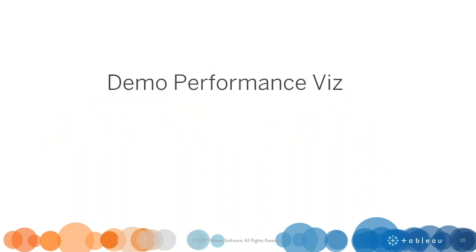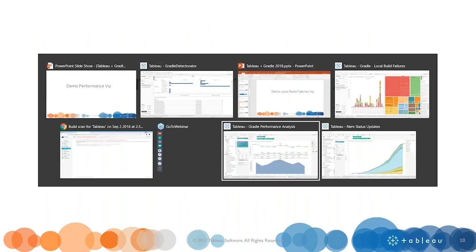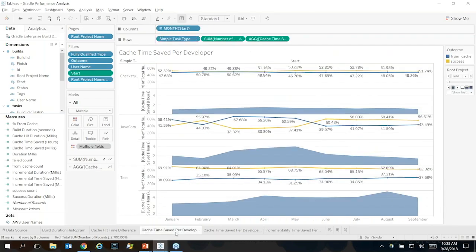So let's just take a look at one of the performance visuals that we use to keep an eye on how our incrementalism is doing. One of the features that kind of comes for free with Gradle Enterprise, well, maybe not for free, it's a premium product, but we bought Gradle Enterprise specifically for the telemetry and analysis capabilities it was going to grant us. And so since that was what we wanted, one of the first things I set out to do was try to quantify the impact of having that remote build cache available turnkey on the